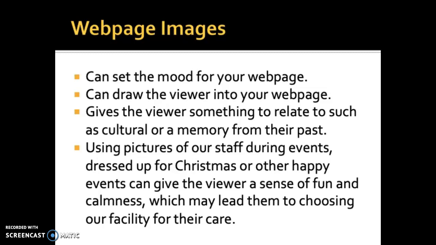So once that viewer clicks on your page, maybe pictures are a way for them to engage, but you've got that 30 seconds to pull them in. But again, this gives the viewer something to relate to, such as a cultural item or a memory from their past. And finally, using pictures of our staff is a good idea too.